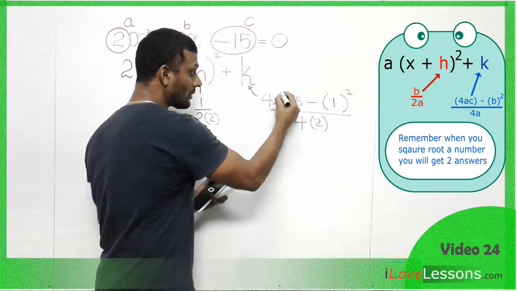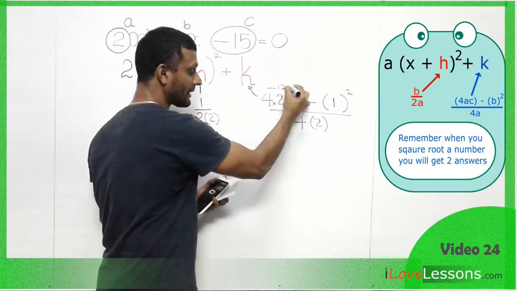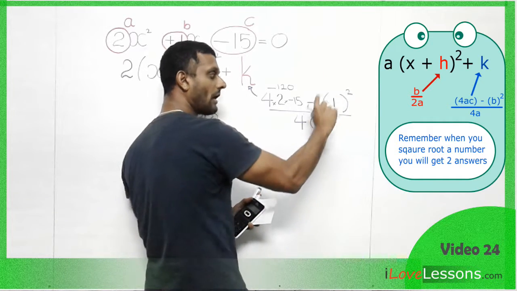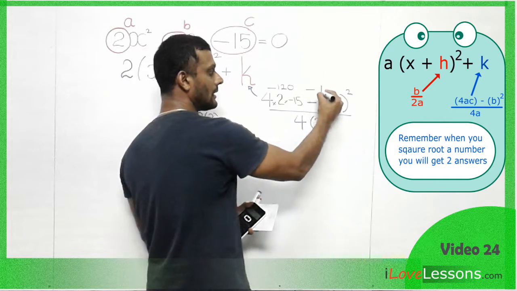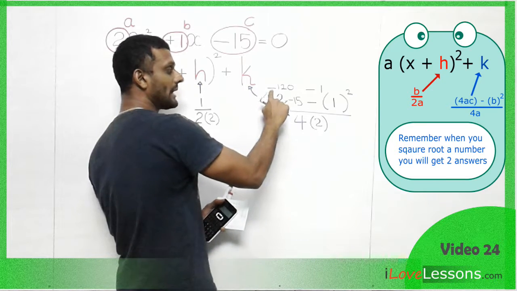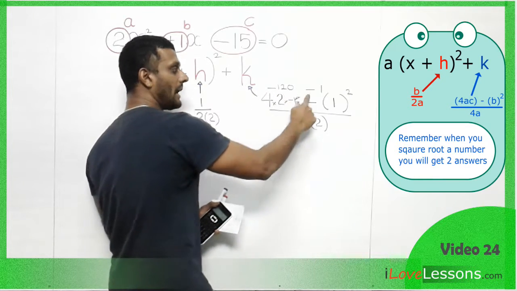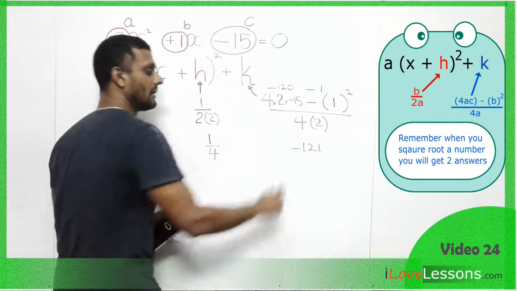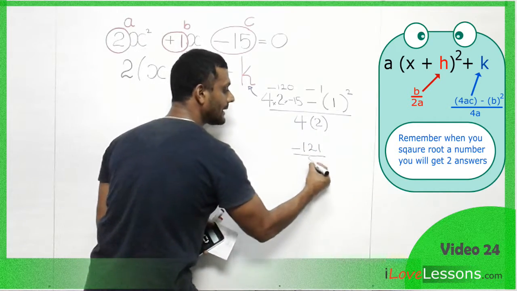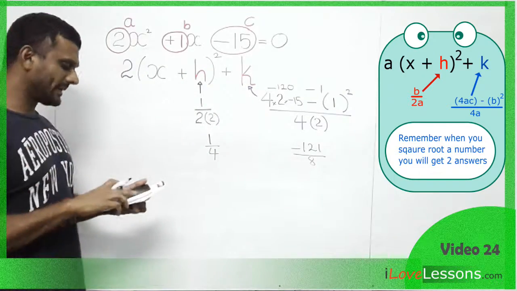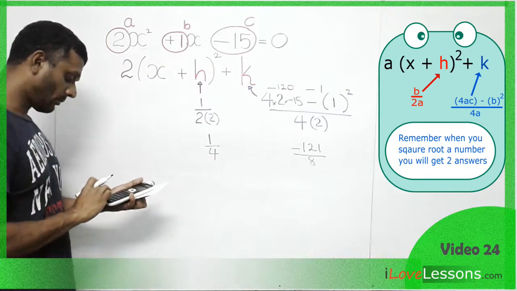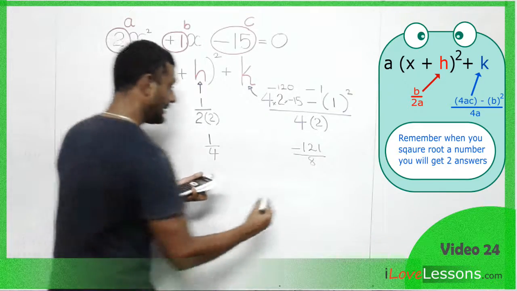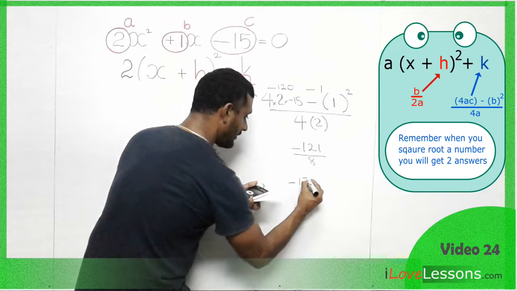If you work this out, you'll get minus 120 minus 1 squared. Now 1 squared is 1, and a minus sign is waiting. So on top, we end up with minus 120 minus 1, which is minus 121. And 4 by 2 is 8. Well, I bet we can change that into a nice decimal. Negative 121 divided by 8 is minus